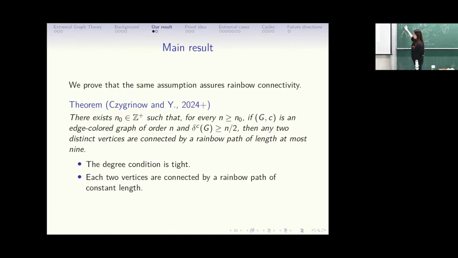Are you assuming the graph is connected already? Yeah. Oh, I see. So connected. Maybe we do not need it connected because the degree is at least half. So she's asking, what if we loosen this a little bit, say half of n minus 1 or half of n minus 2? That's a great question. Any other questions or comments?